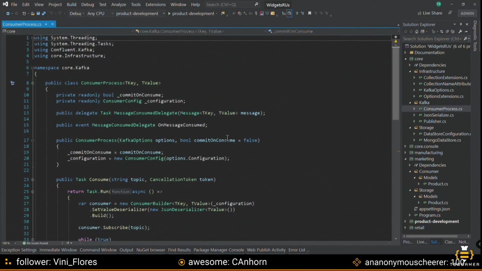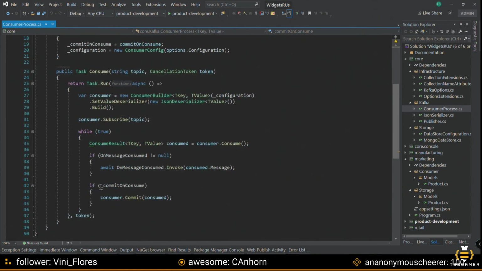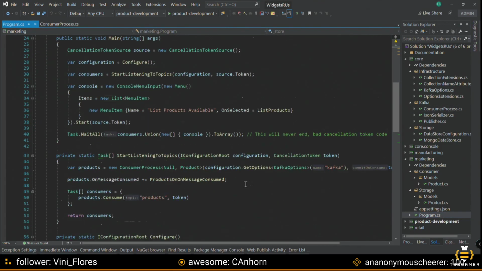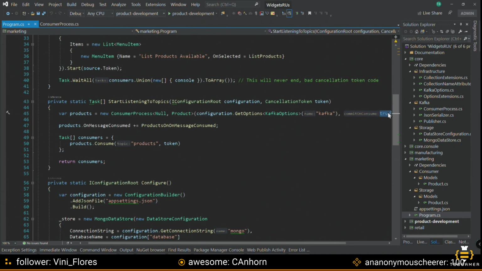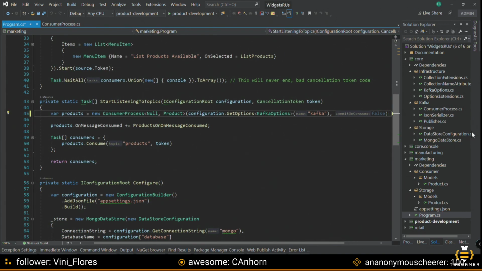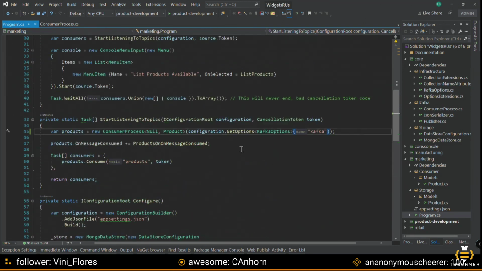Consumer process commit on consume while not commit on consume. And then that does need to be false. Okay. So